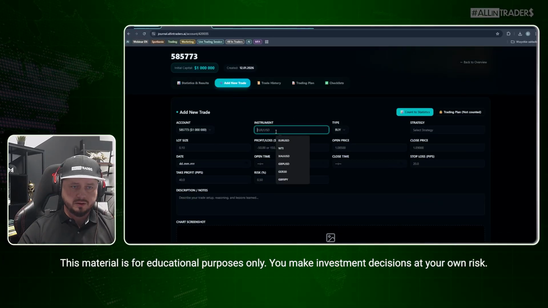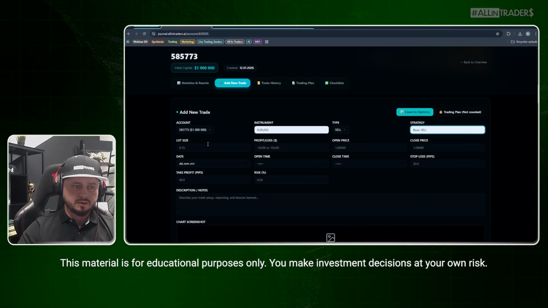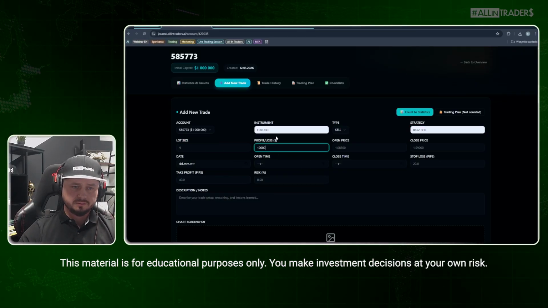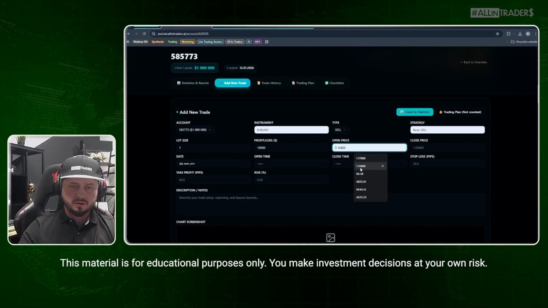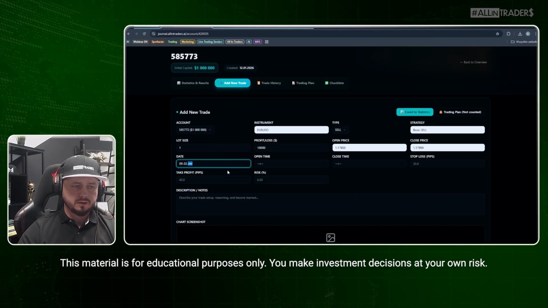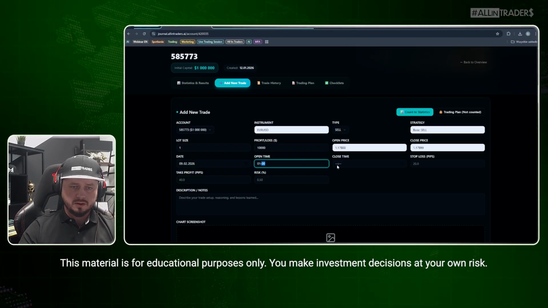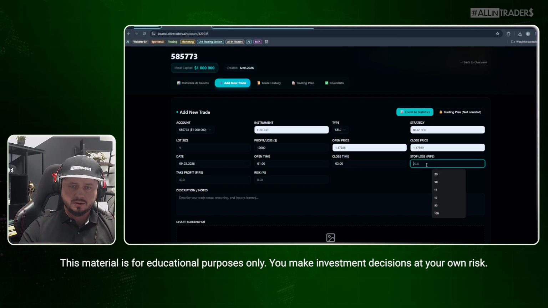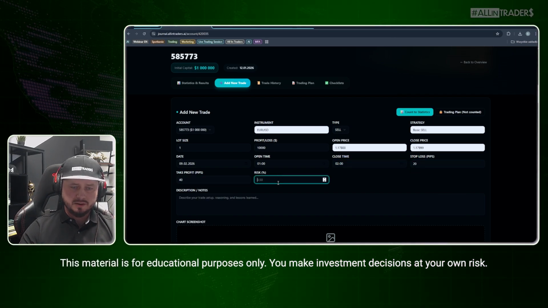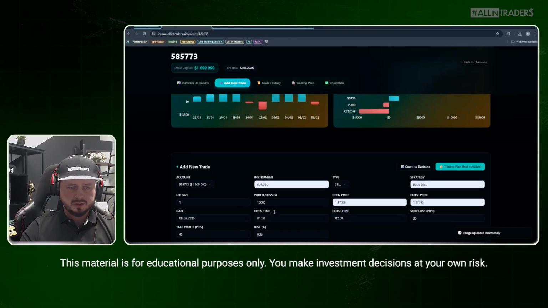Add new trade, Euro USD, we want to sell, strategy, basic sell. Lot size, I'm not sure, we're going to change that later. Profits, not sure yet. Open price, random for now, because we don't know the exact entry. We're going to have to wait for that until 2026. Open time, not sure. Close time, not sure. Stop loss, maybe 10 pips, we will see. And risk 0.25 probably. Okay, and I don't want to count this in statistics, so I'm going to save it